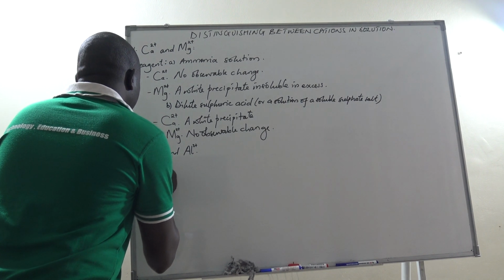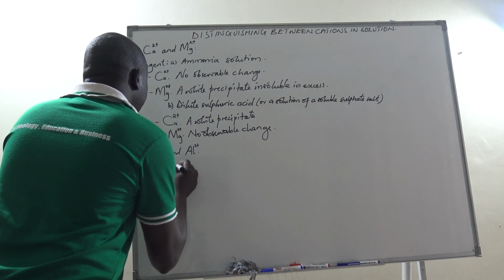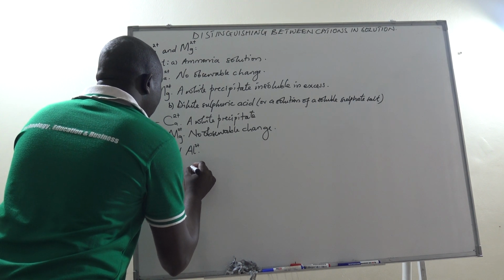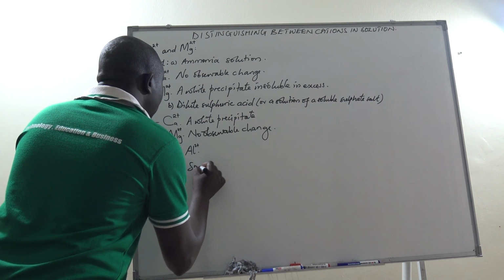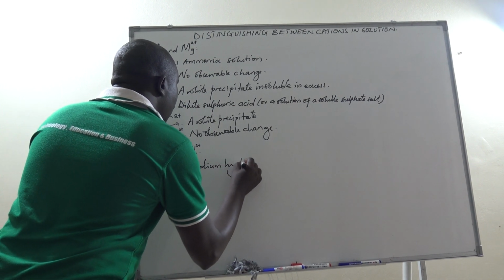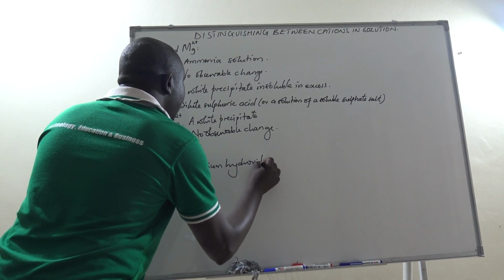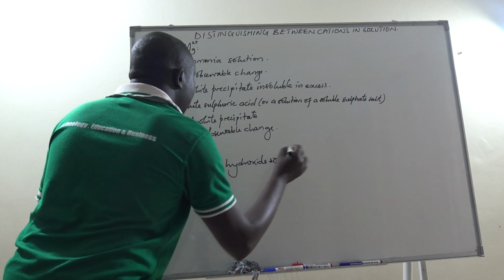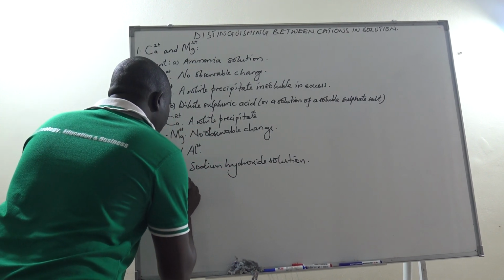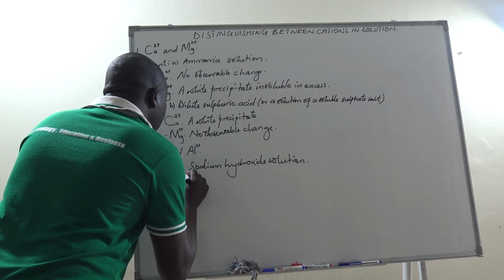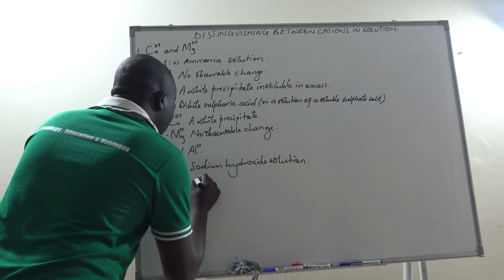Let us look at the suitable reagent in this case. Our suitable reagent in this case is the sodium hydroxide solution, whereby the magnesium ion with sodium hydroxide solution gives us